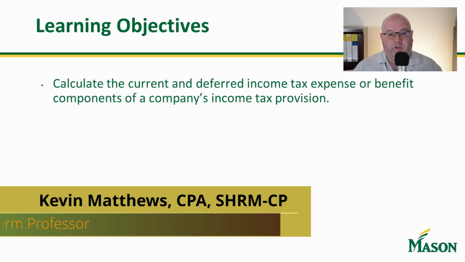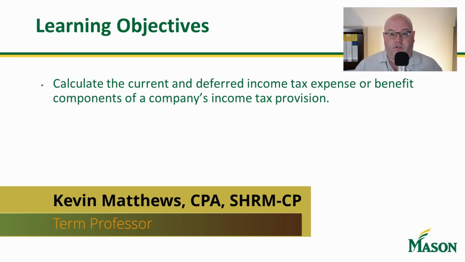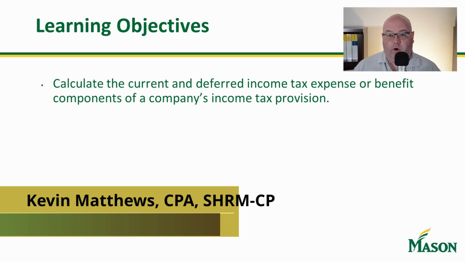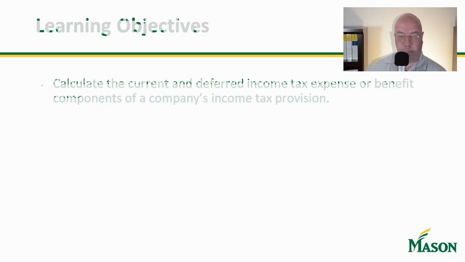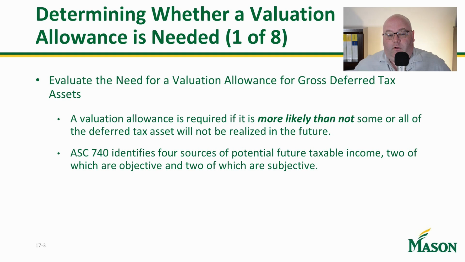So today's learning objectives are going to be to calculate the current and deferred tax expense or benefit components of a company's income tax provision, and to determine whether a valuation allowance is needed or not. You're going to need to do that, and a valuation allowance is required if it is more likely than not that all or some of the DTA will not be realized